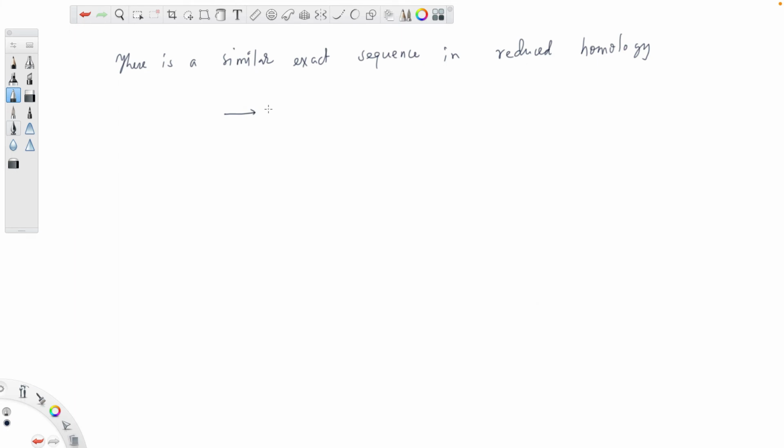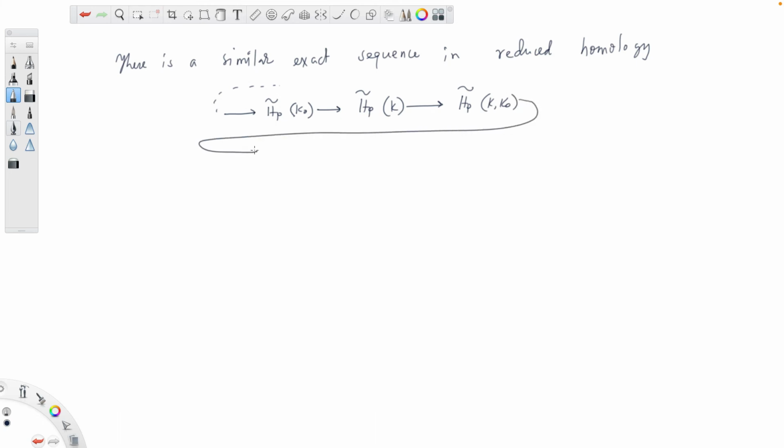It's like this. HP tilde of K0, and then it goes to HP tilde of K, which goes to HP tilde of K comma K0, and then it goes to H tilde P minus 1 of K0 and goes on like that. Okay,